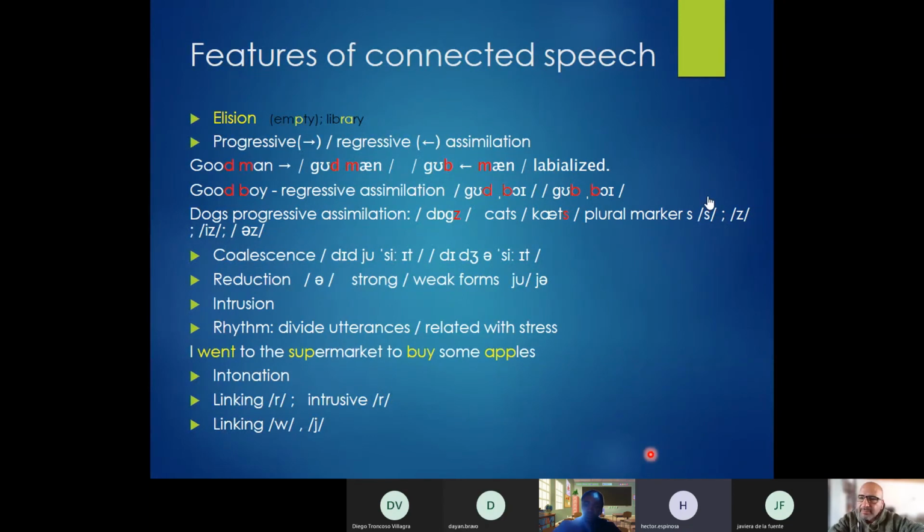Okay, so these features of connected speech were from last semester, right? Yes, exactly. So if I search in the LMS or in the contents of last year, these things are going to stay, right? I think so. I don't know if you still have access to the courses that you took. Yes, we have access to the courses. Great. I didn't know that.